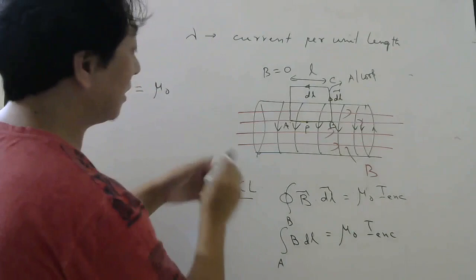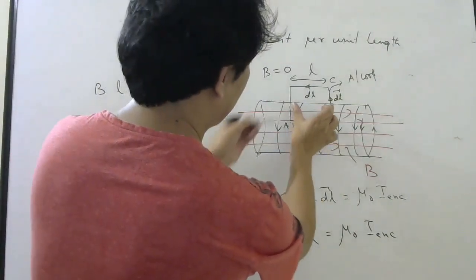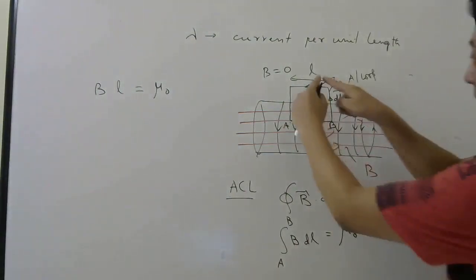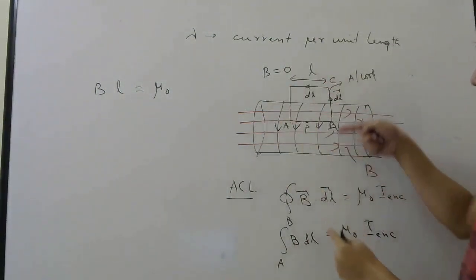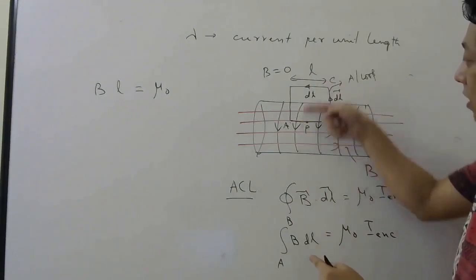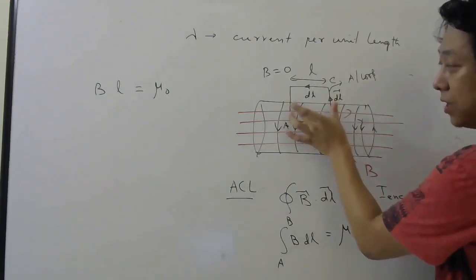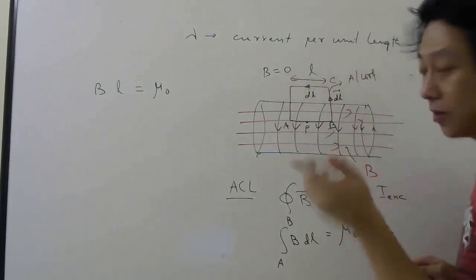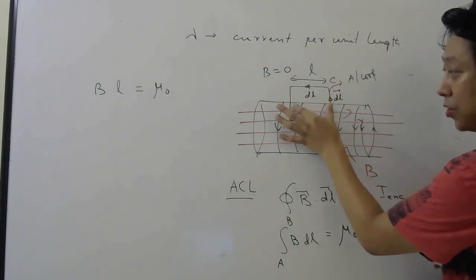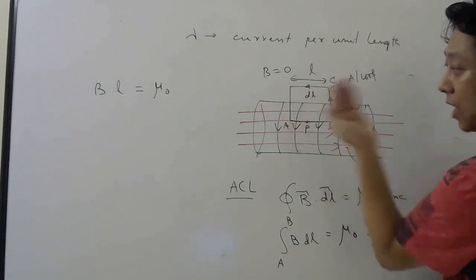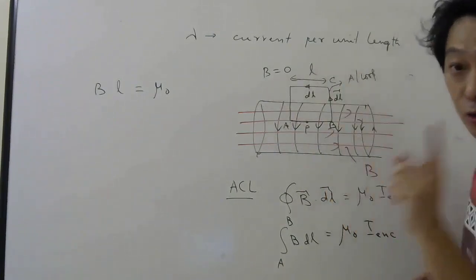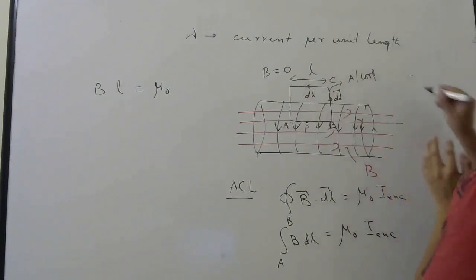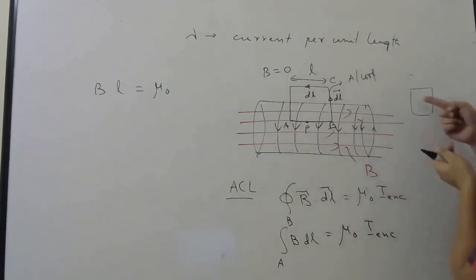Now, what does current enclosed mean? How much current is inside this loop? Remember, current is coming like this. So imagine one loop here. Current is coming out here, out here, out here. Whatever current is in this length, only that much current is inside this loop. Agree or not? Only the current in this portion is coming out of this loop, and I need to consider only the current which is inside this loop.